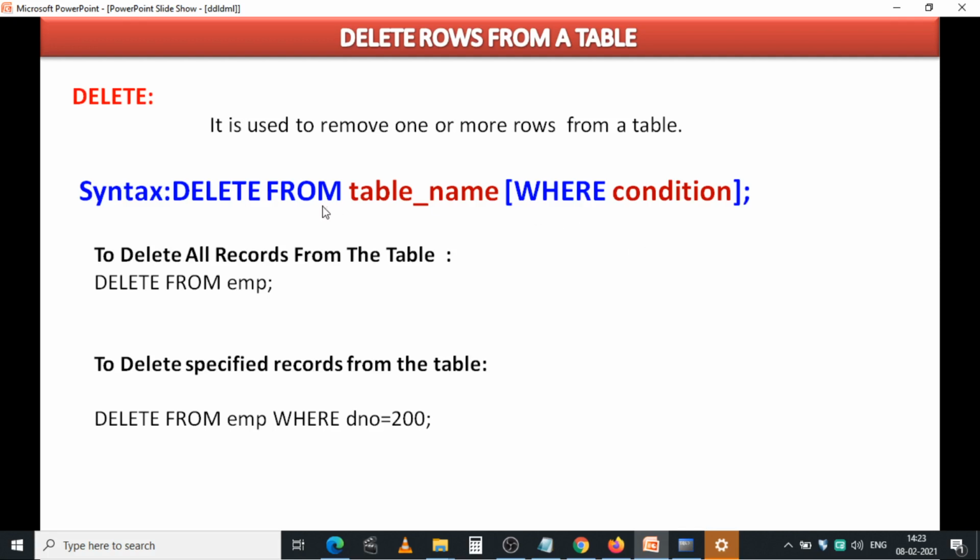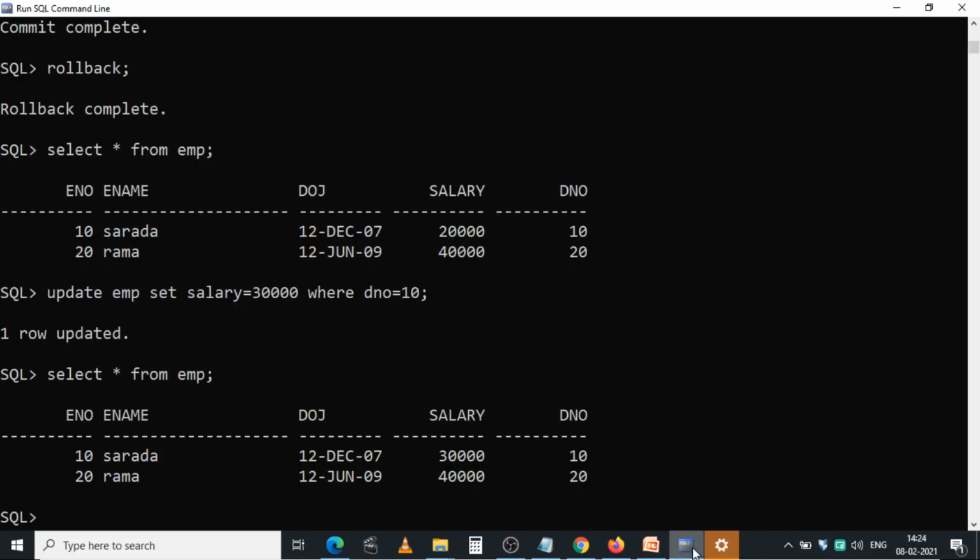If you want to delete the records on a condition criteria or specified records only, then you can use the where condition. So delete from EMP deletes all the rows from the EMP table. And if you are using the command delete from EMP where D number equal to 200, only the employees who are in the 200 department, those records will be deleted from this table. Okay, just go through this practical session.